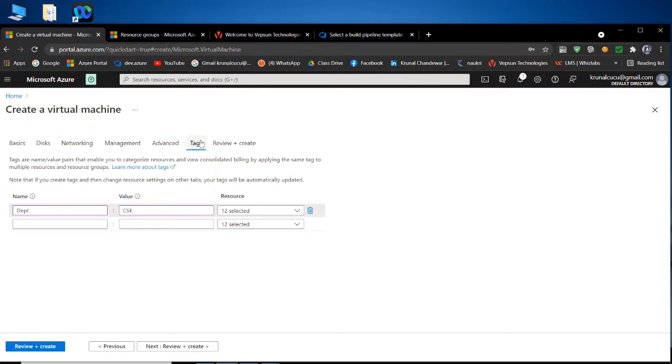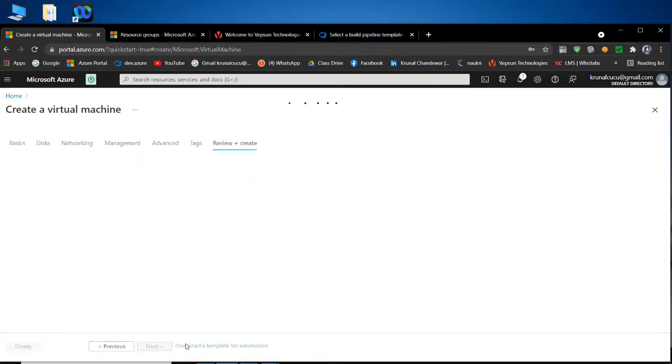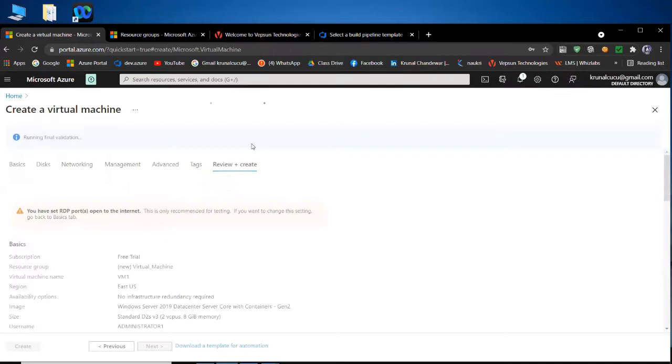And after then, if we go to next from here, or you can directly click here also. But I clicked here only now. So what I will do here, now I will click here. But again, you can directly create your virtual machine from this also. This is giving you a direct option of review plus create. But now I'm clicking here, next, review plus create. So it will jump to this one field. Okay, now I'm clicking here. See, it jumped to here, review plus create.